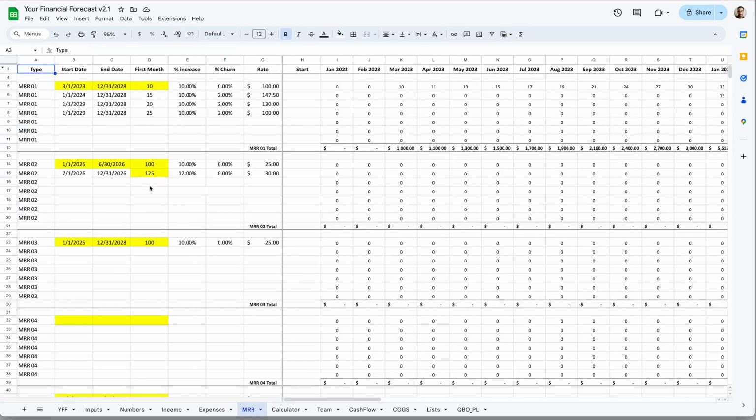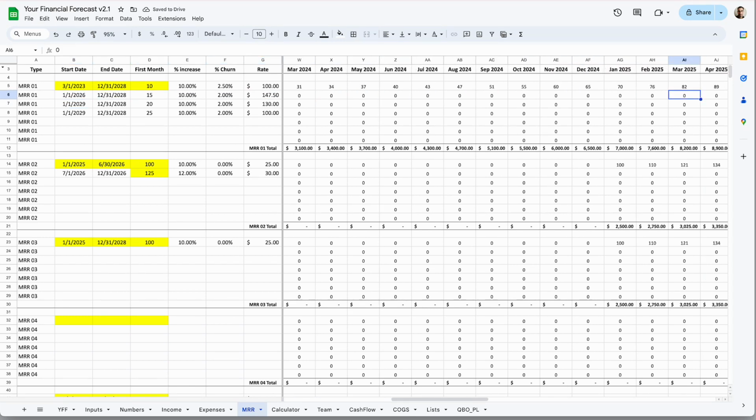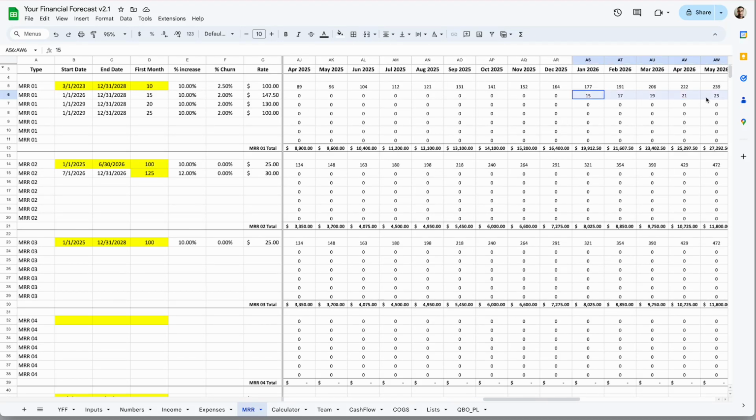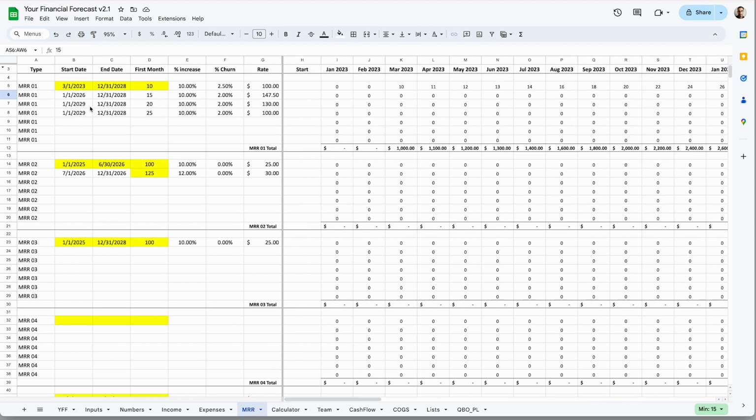The MRR is a recurring membership. So this is a way that you can set up different levels of your membership. These are 5 different memberships here, and this is what your expected growth rate is over time. You can see here that I'm expecting 10 at 100 going forward and then increasing at 10%. No churn, maybe that's not accurate. Let's put 2.5% churn, and that'll affect your numbers going forward. You can also say, okay, I'm going to increase the price in 2026 to 147.50, and what the system does is create that model in that time frame to create the increase of your forecast. Again, we'll be going over this in detail in future videos, but it's just a way to have your